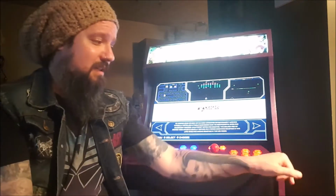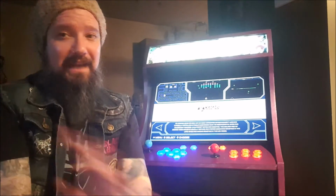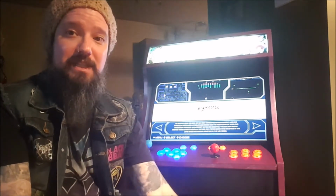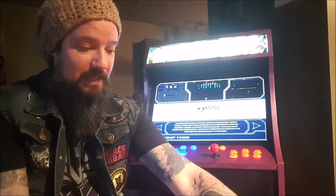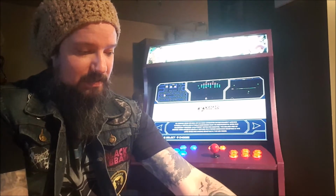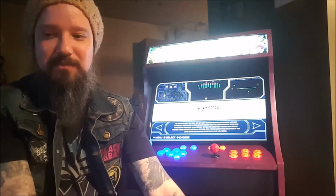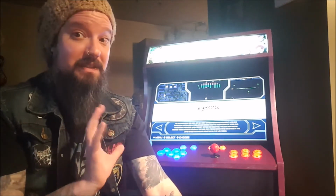You can cut your two sides, that's fine, cut those whenever you want. Before you make anything else, however, go ahead, find what screen you're going to be using, and I am using a 24-inch Insignia TV. That's the really important part, and some of you are going to say, obviously, you dumbass, why did you think anything different? Just because a screen or a TV says it's 24 inches does not mean they are all going to be in the same kind of ballpark